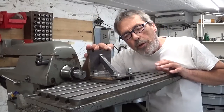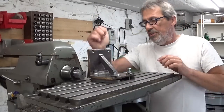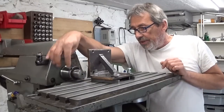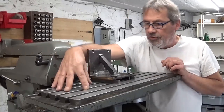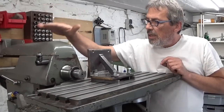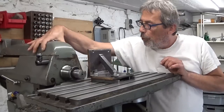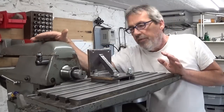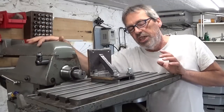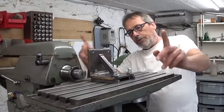I installed my part on the table, 4 bolts, so nice and rigid. The cutter is in place. I have to be careful that this ring doesn't touch the table, but for the moment it works. I installed the support arm on top here, just to prevent chips from entering my beautiful little machine here. That's all. Right, let's